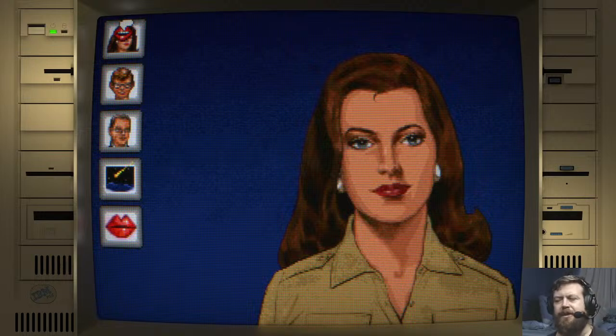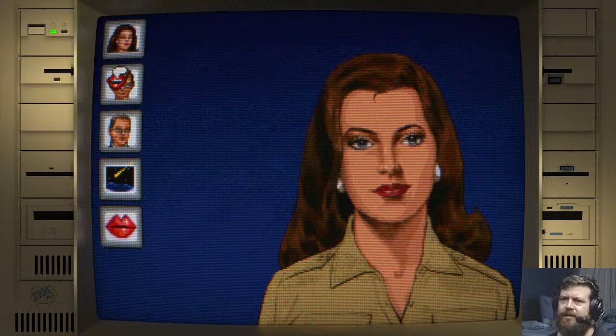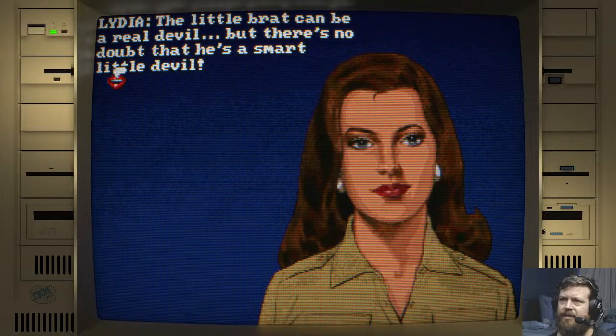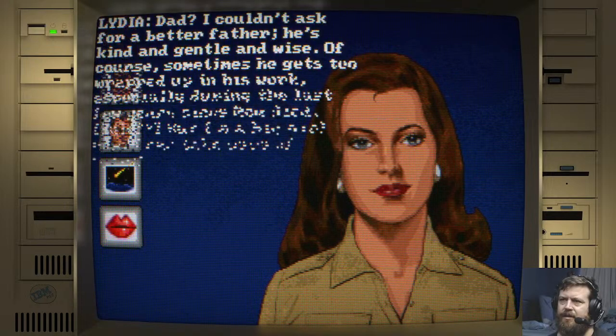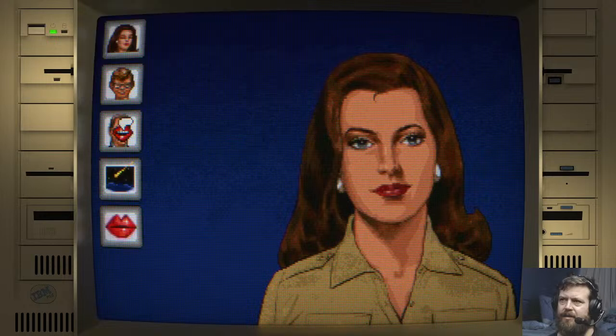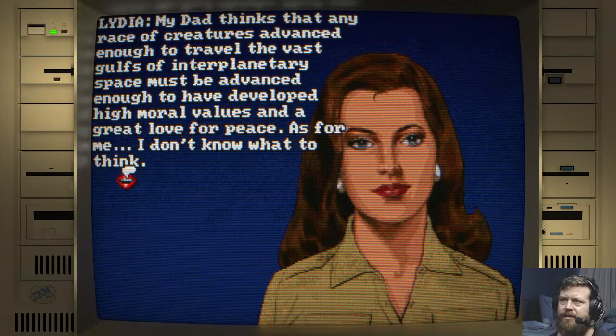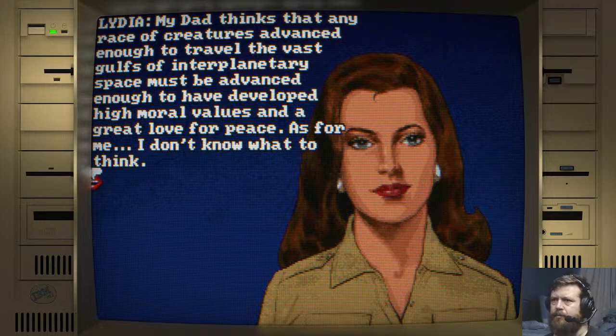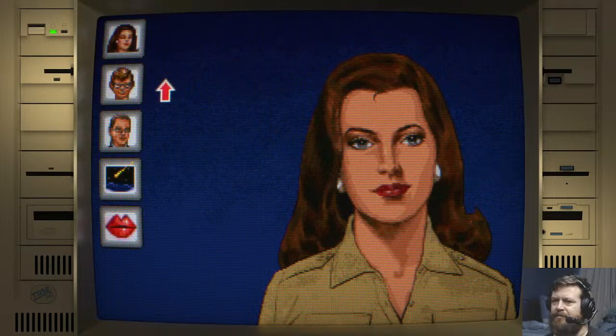Do you find yourself sometimes looking at the other gals in the change room? Dad, I could never... My dad thinks that any race of creatures advanced enough to travel the vast gulfs of inner...